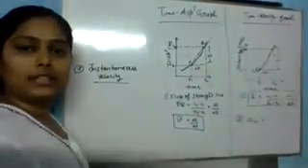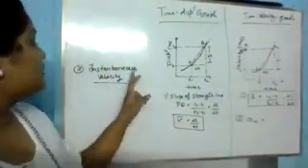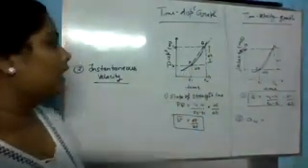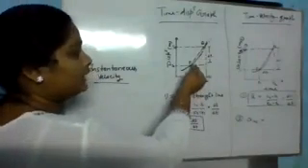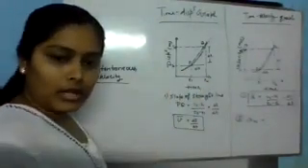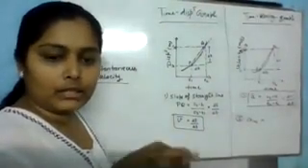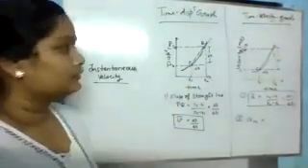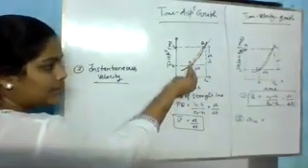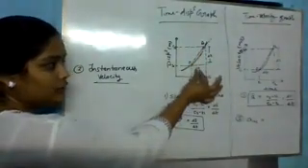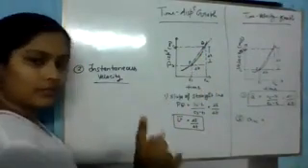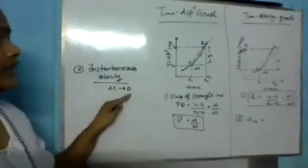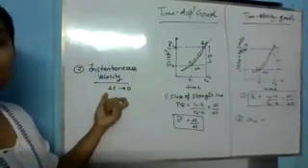For the instantaneous velocity, as I told you, when we are talking about instantaneous velocity, that means we are talking about velocity at a particular time. Okay, so let us consider that point Q is very near to point P. If point Q is very near to point P, that means delta T is very small. If point Q comes very close to point P, then this difference will become very small. Delta T becomes 0 or tends to 0. That means delta T is very small.